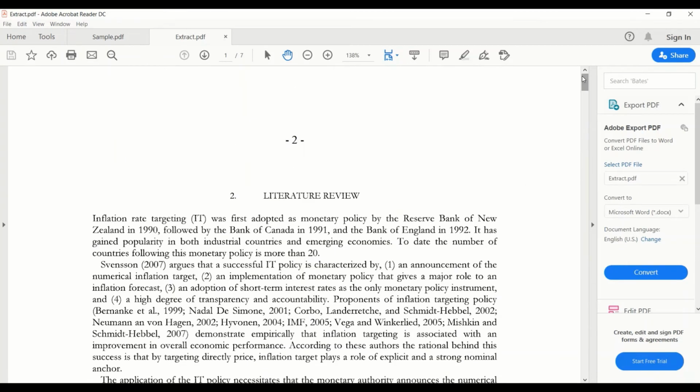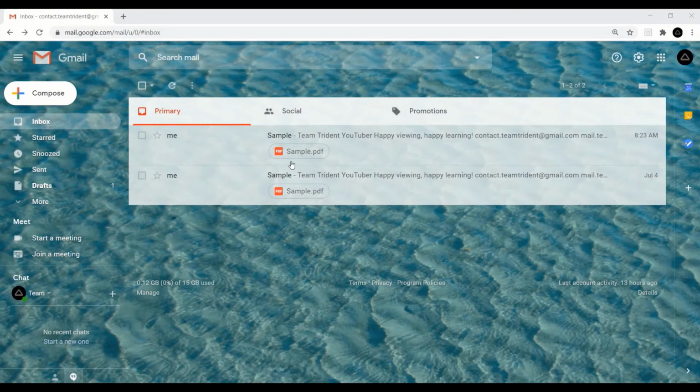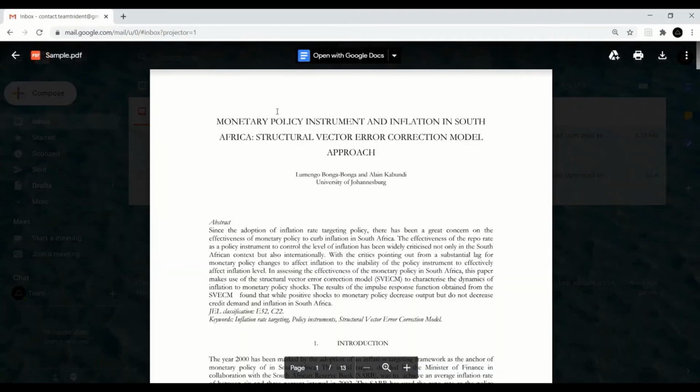So this is a very simple way where you can extract a few pages by just clicking on the print option. The same procedure we'll use for the Google PDF viewer. Here in my mail I have the same PDF, and if I click on it, the Google PDF viewer is viewing it.